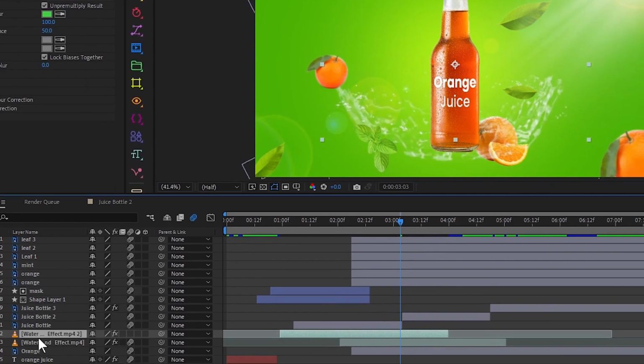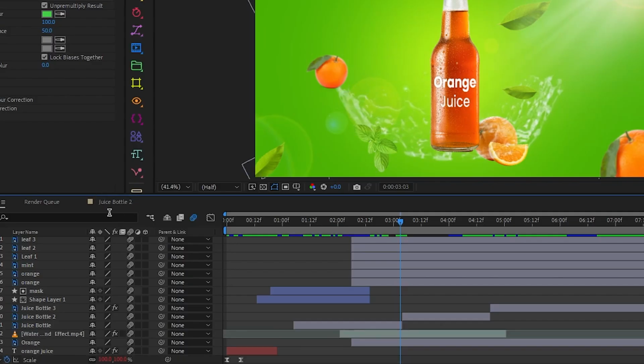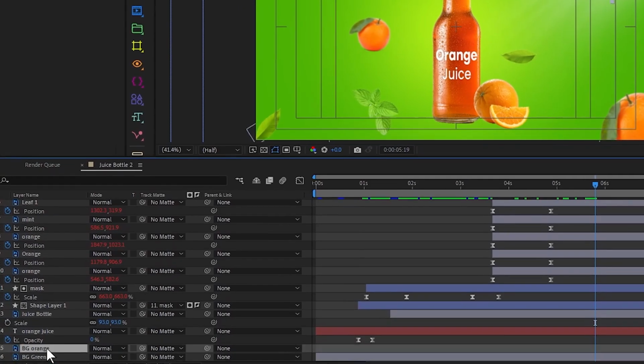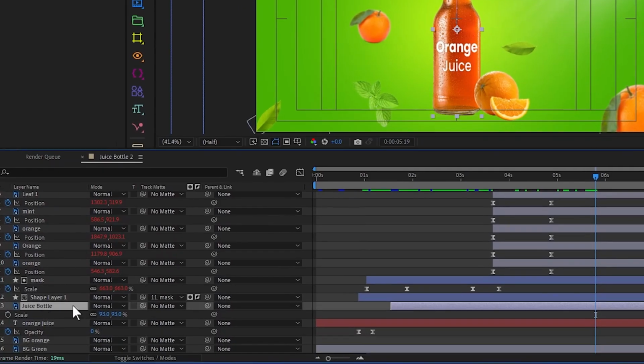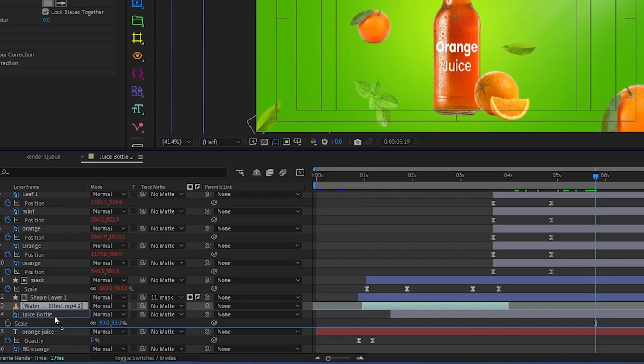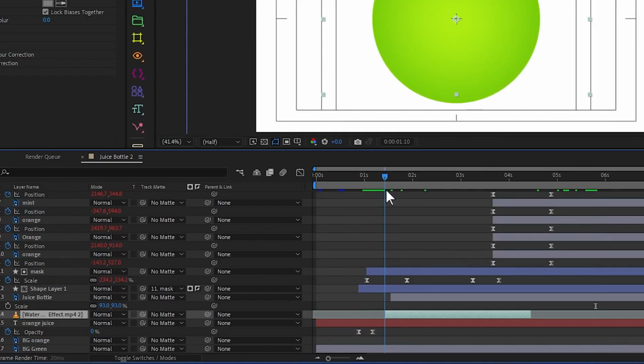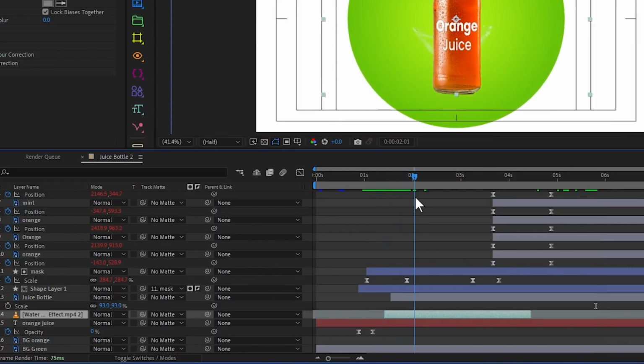Okay, simply select this layer, press Ctrl X and cut it. Let's come over here, choose bottle 2 and I need to paste it over here, maybe around here. Okay, press Ctrl V and place it behind this bottle. Now it is when our bottle is coming from up to down, maybe around at this point,